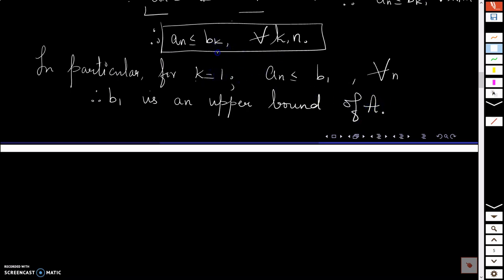Actually, each bk is bigger than or equal to an, but to say that A is bounded above, one element, one real number b1 is enough for me. If you don't like this number, you can take k equal to 2, and say that b2 is bigger than or equal to all the an's, and hence the set A is bounded above. So with b1, we have found an upper bound for the set A, therefore